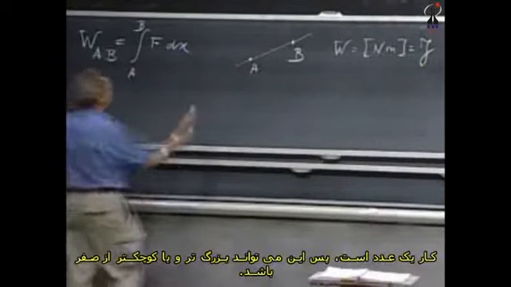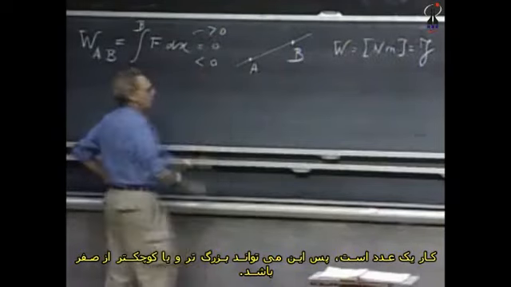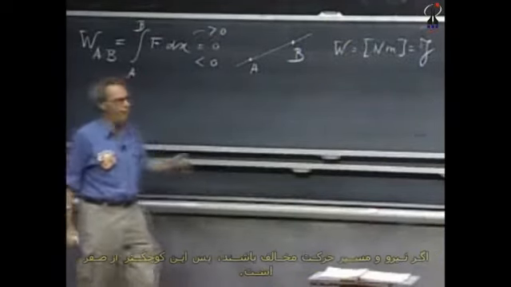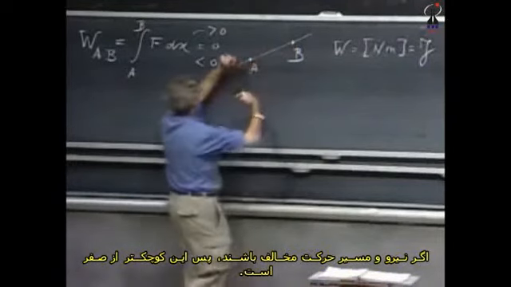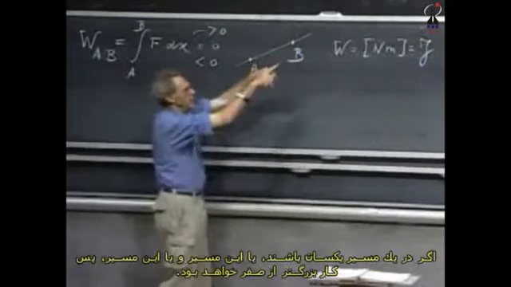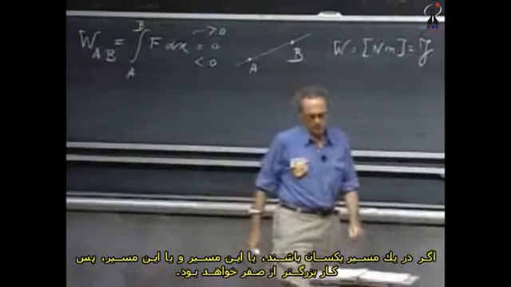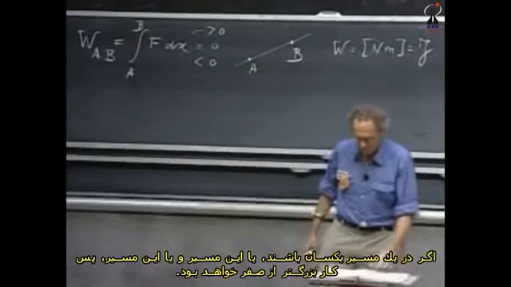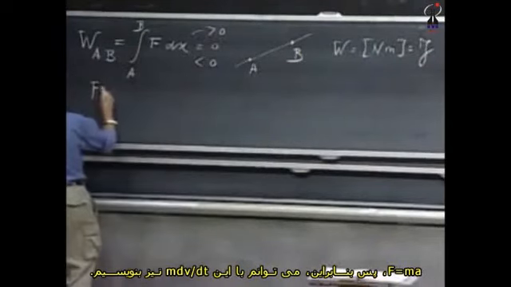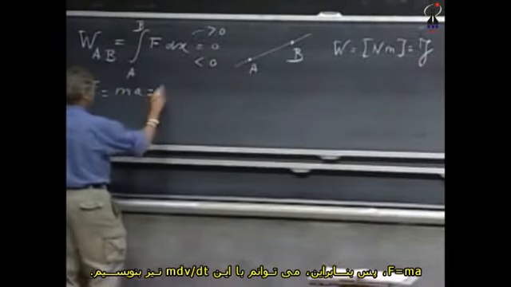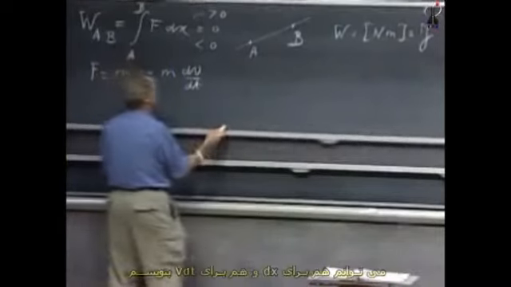Work is a scalar, so this can be larger than 0, it can be 0, or it can be smaller than 0. If the force and the direction in which it moves are in opposite directions, then it is smaller than 0. If they're in the same direction, either this way or that way, then the work is larger than 0. F equals ma. So therefore, I can also write for this m dv/dt,